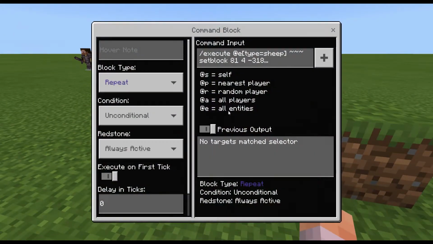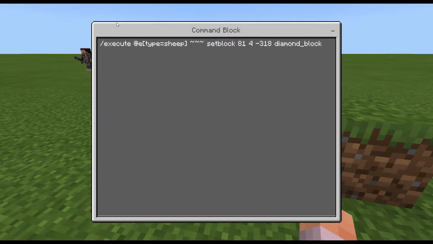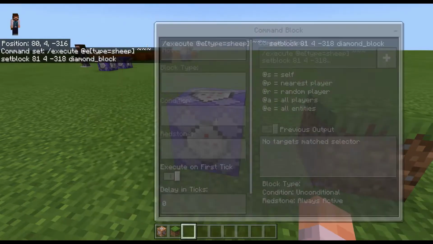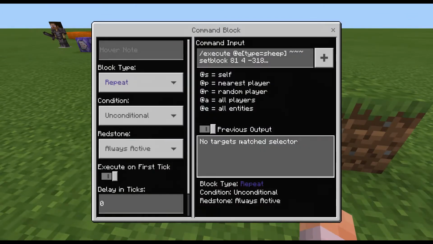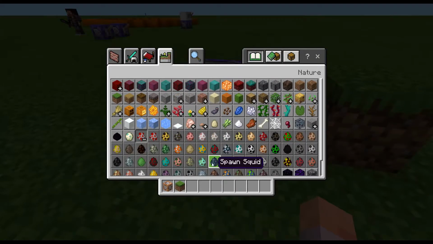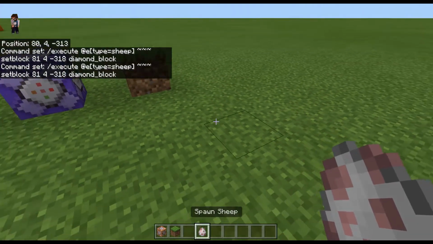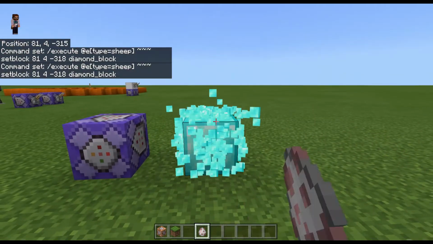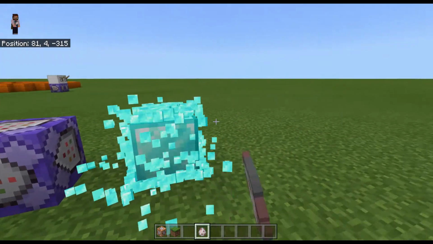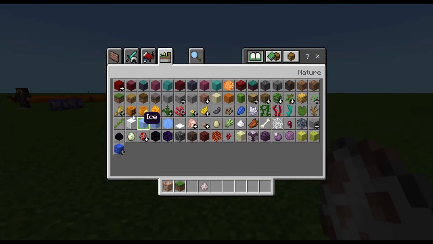command. So what this does is it's not executing it at the sheep because I've put actual coordinates here. Well, it is technically executing at the sheep, but this will only run when there's a sheep in the world. No targets match selector. So for as long as there's a sheep in the world, it will set that block as a diamond block. So that could be a redstone block, like whatever you want it, whatever the scenario is